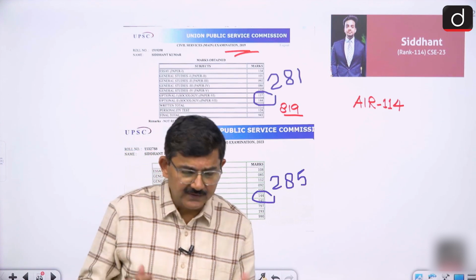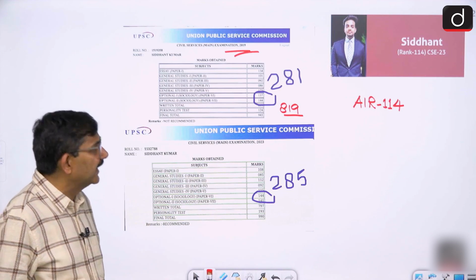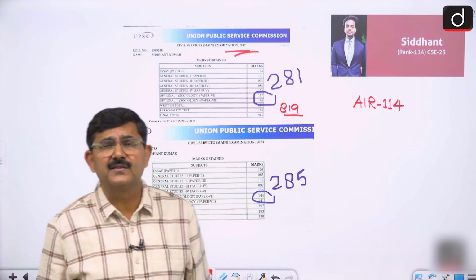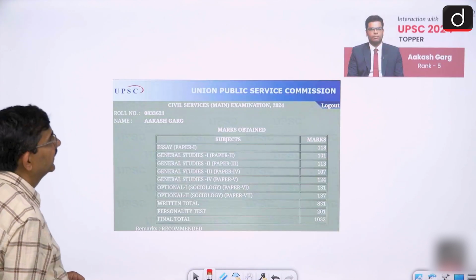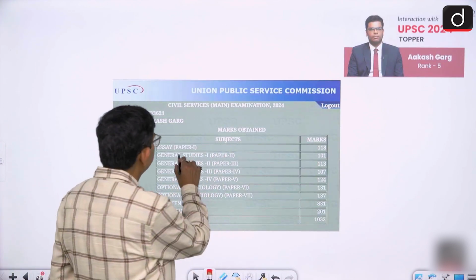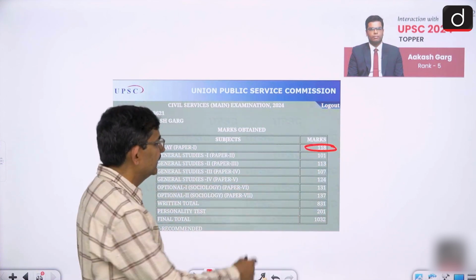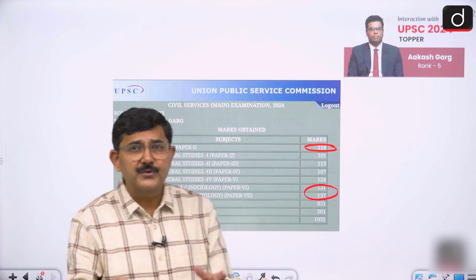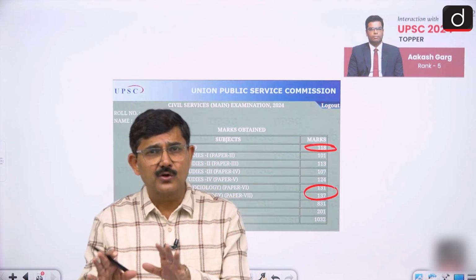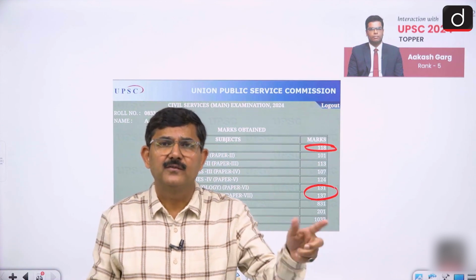Clear? So that is the thing related to background. Another thing, sometimes people say that, just a minute. When I was talking about it, in the essay paper he got 118, as I told you earlier, and in sociology he got, because this year in optional subjects generally UPSC did not award marks up to the level it was awarded last year or the year before.